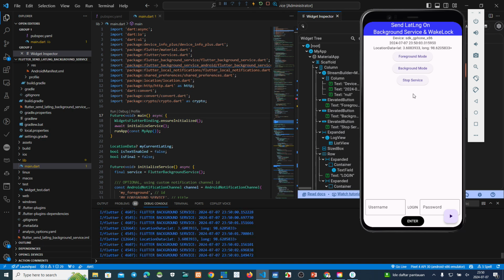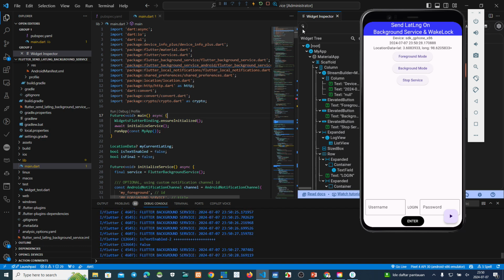Okay, now on the previous project, sometimes maybe after 1 minute or 30 seconds, this device will time out. So, kita akan membuat device kita tidak akan pernah time out atau always on atau never sleep. So, how to do that?